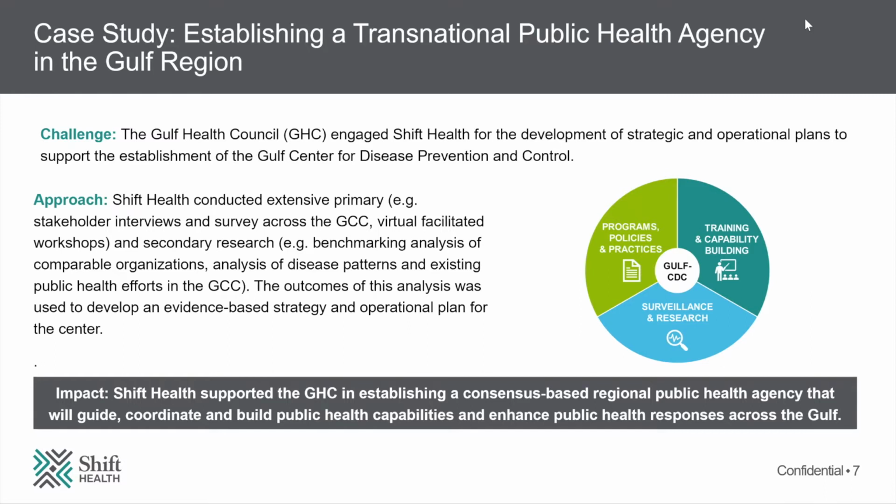This first one really is a project that I've worked on last year, actually. We do a lot of work in the Middle East, particularly in the Gulf, working a lot with the Saudi government, with the government of Qatar. But this one was a very interesting project because we were working with all 6 countries of the GCC in order to create a regional public health agency. So I guess the equivalent of the CDC in the US, except this was a regional body that would serve